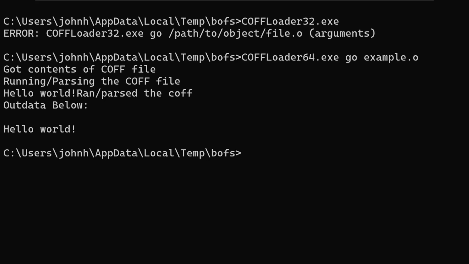Now we can take this further and implement something a bit more useful for our implant, for our agent, for our beacon, and the command and control server that we might use. With that said, speaking of command and control servers and post-exploitation frameworks and agents,